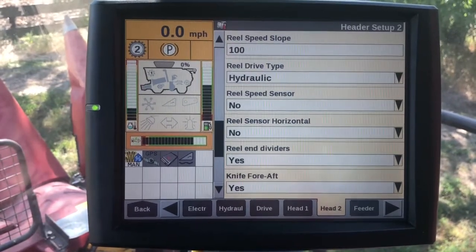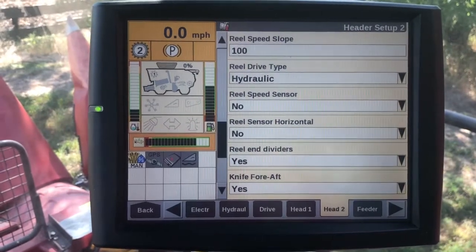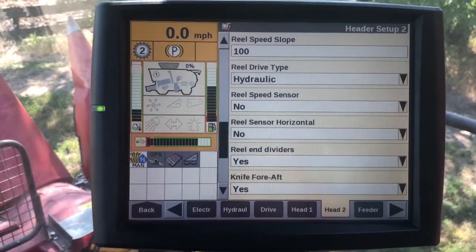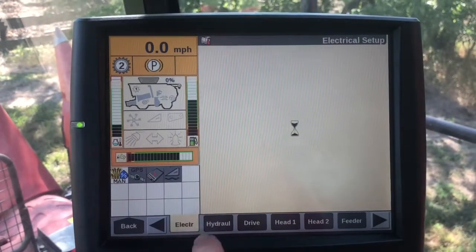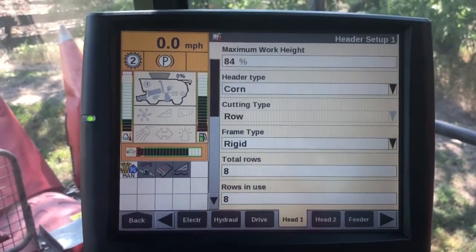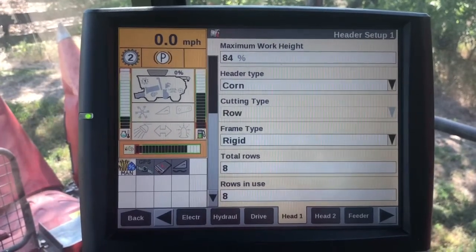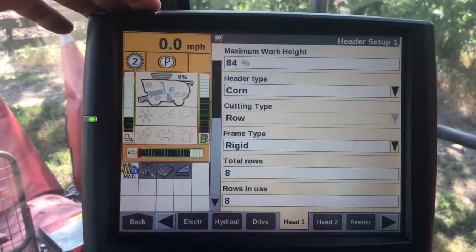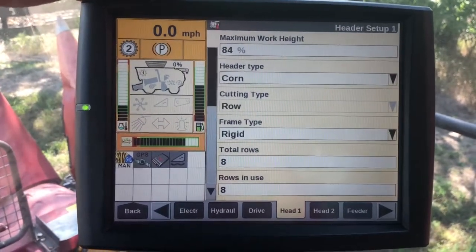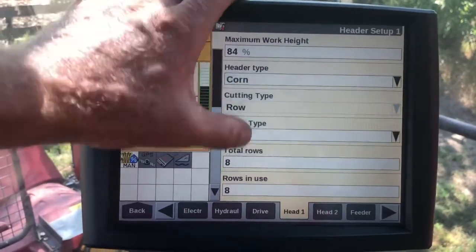Now, if you don't have the augers and you have a corn reel, or you have the augers in conjunction with a corn reel, you would want to turn that on as well for your corn reel. Now, when we put a corn reel on the front, it does get a little bit complicated if we've got a corn reel that we can raise and lower. Right now, there's no functionality to run the reel circuit for the height adjustment when the corn head is on here. So what we can do is a new header type,